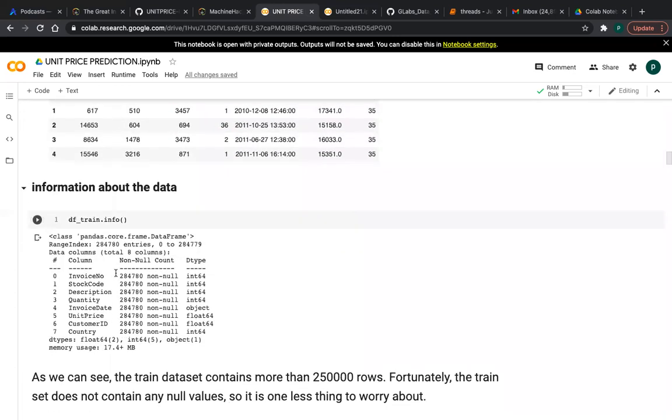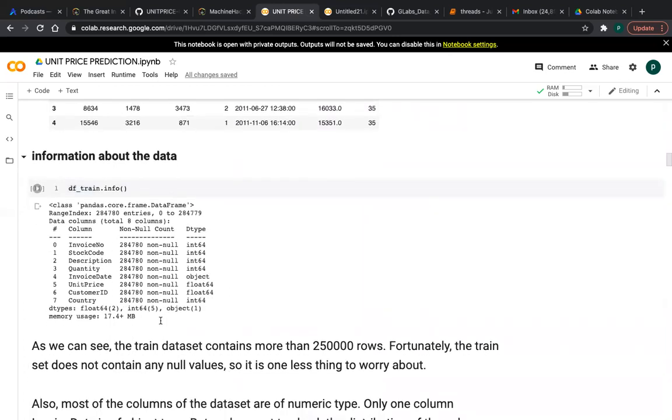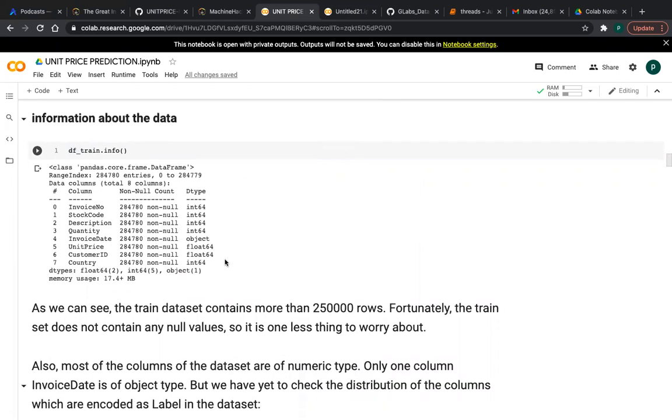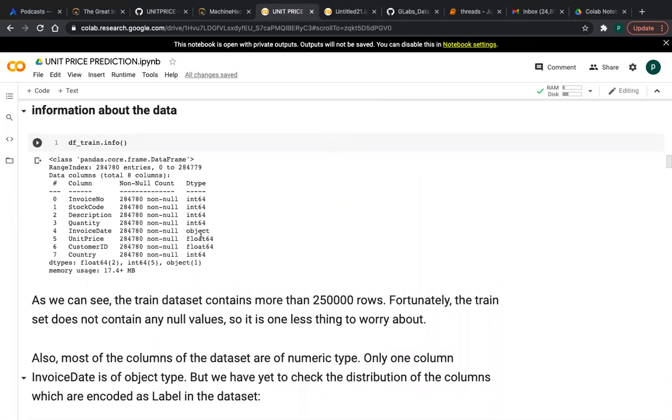And this is the train data information, friends. There are no null values, as you can see. There are 2,84,780 observations. All are numerical, only one is object type, I think the invoice date.